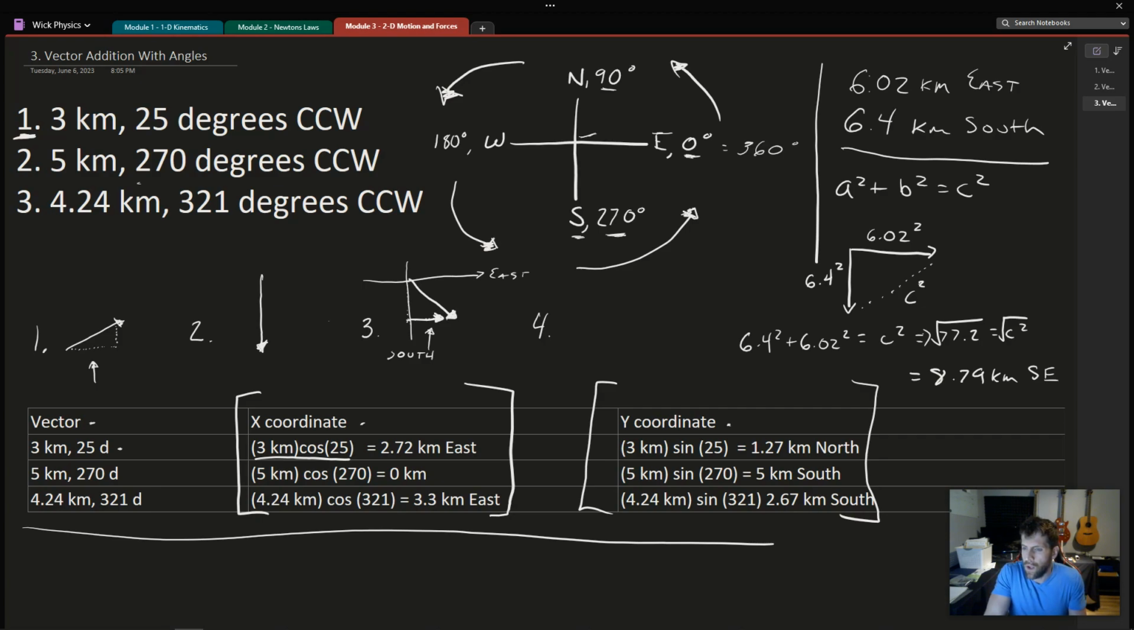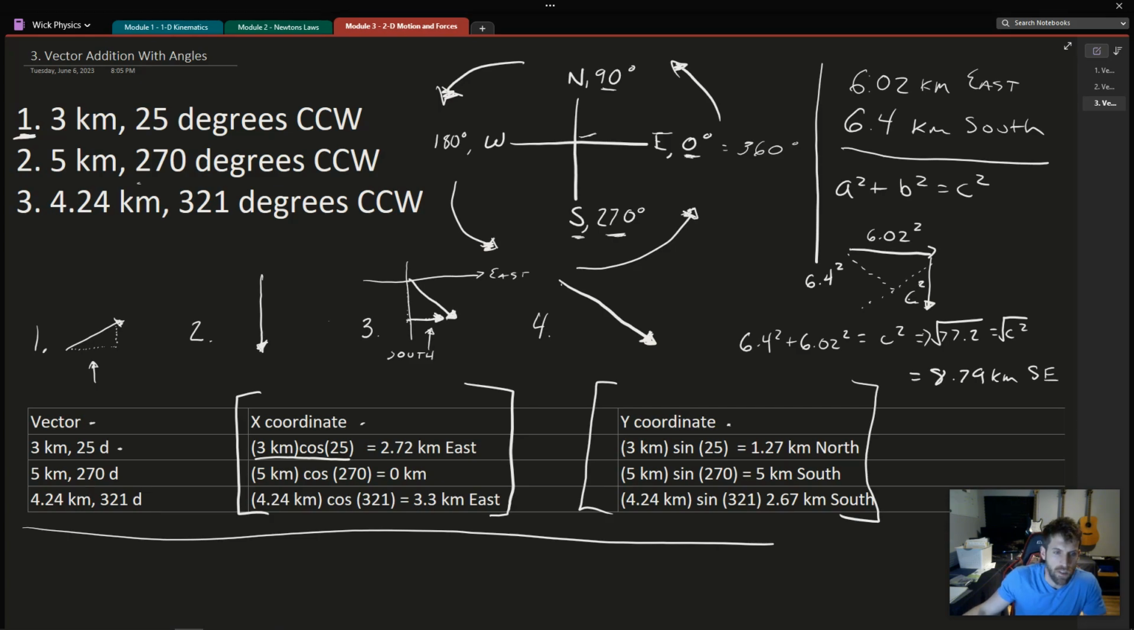Now, in order to get this, let's actually write this out. So 8.79 kilometers south of east. And actually this arrow would have been over here, not there. There we go. So it'd be that hypotenuse. So number 4, we actually have a very large arrow here. Okay. Now we need to find the angle of this, and we're actually going to pull a tangent